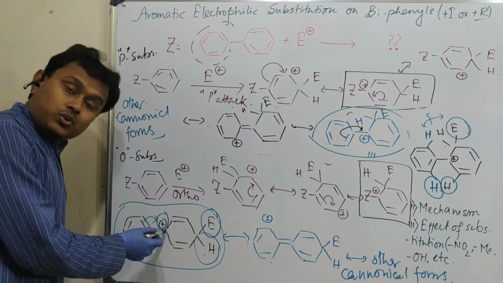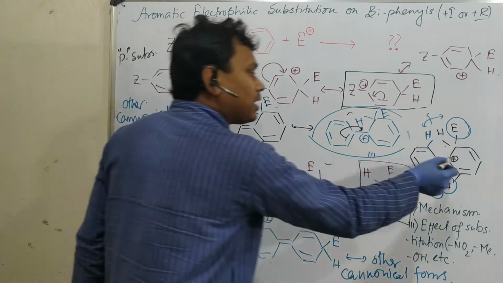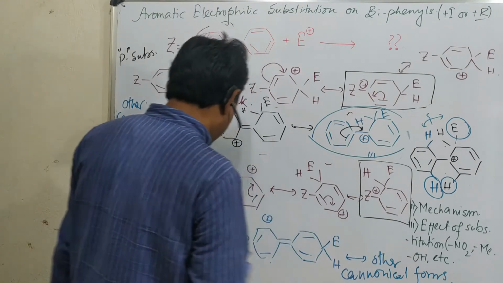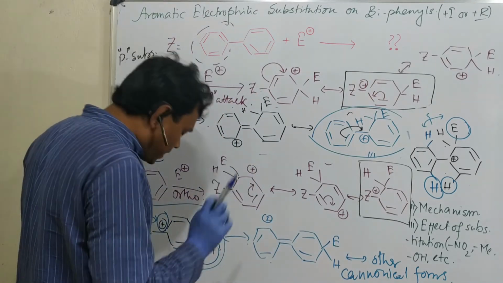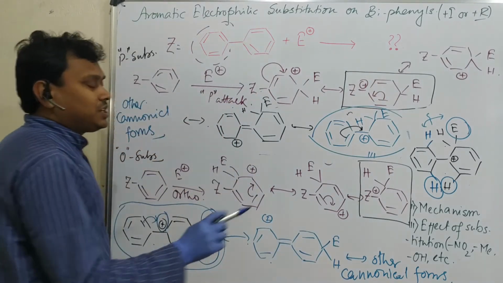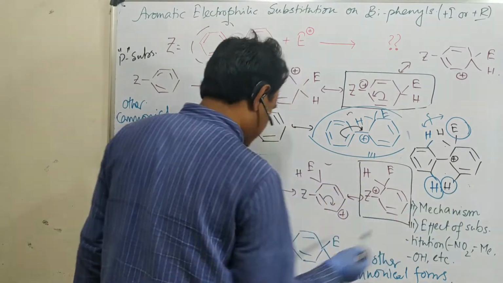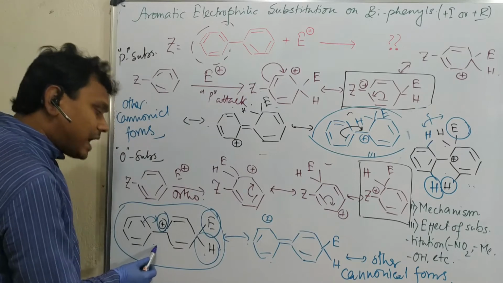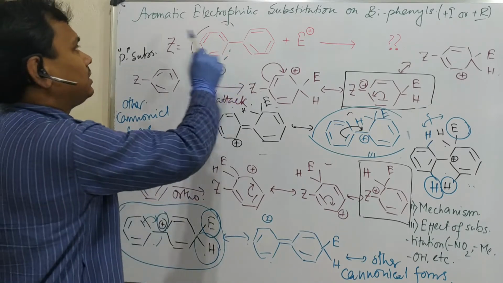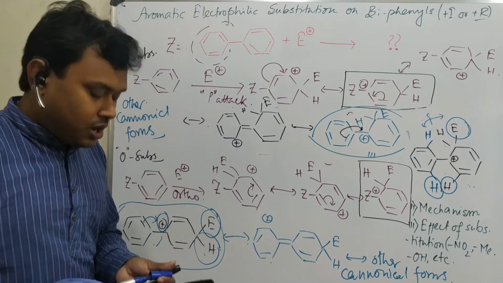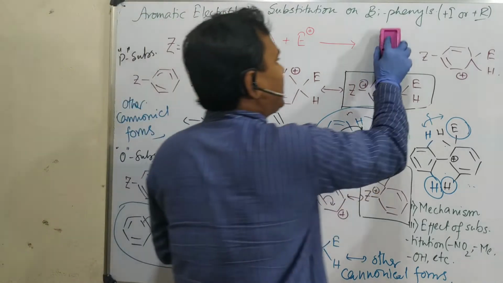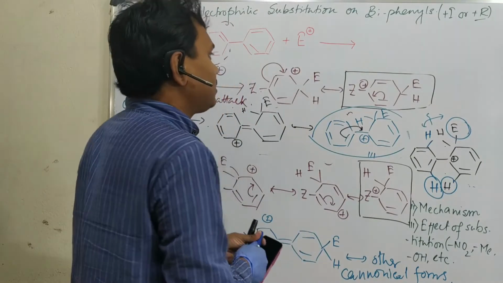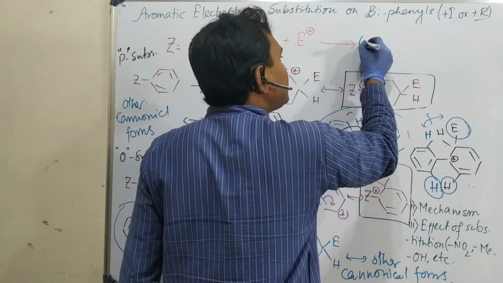So positive charge needs to come here. If it wants to come here, there is an ortho-benzoquinone, which is a little less stable compared to the para one because of conjugation. Fine. So from this study we understood that this is relatively more stable, less stable compared to this. That is the reason why the aromatic electrophilic substitution on biphenyls, generally, I write here, generally